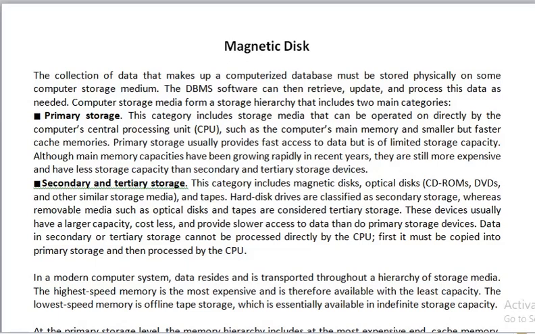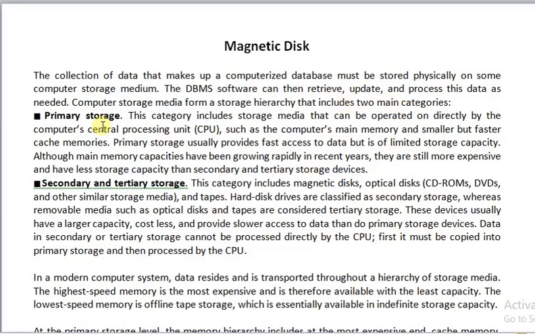A database consists of a huge quantity of data, and this data needs to be physically stored on some storage medium, like secondary storage devices or maybe primary storage devices, right? When there is a requirement for data, the data is accessed from these storage devices and the necessary operation is carried out on the data. So what I'm trying to say is that the data within the database is physically stored either on the primary storage medium or on the secondary storage medium.